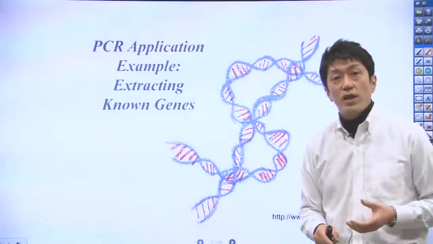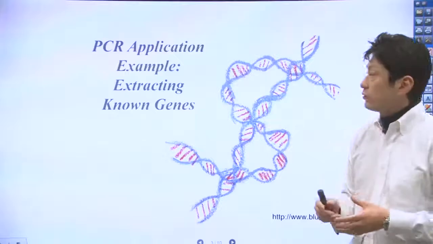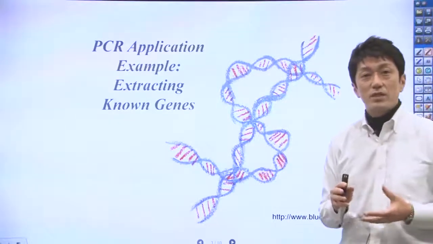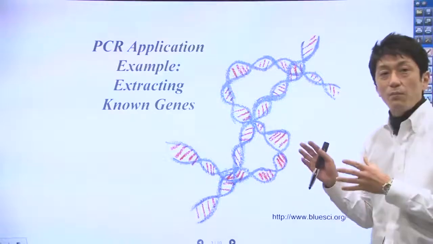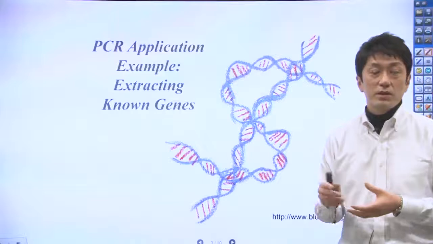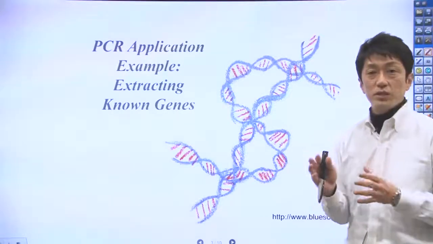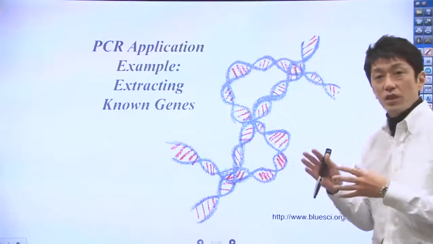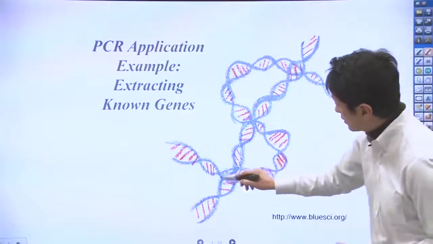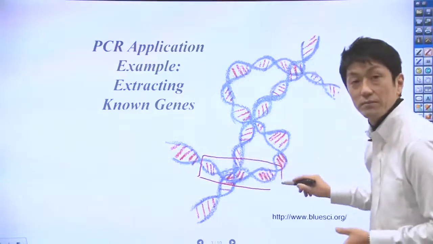The human genome has already been sequenced, consisting of about 3 billion DNA bases. The sequence contains genes that have various roles, such as memory and sex. But let's assume that you want to extract a partial sequence from the gene that causes cancer. Suppose this part is the gene you want to extract.